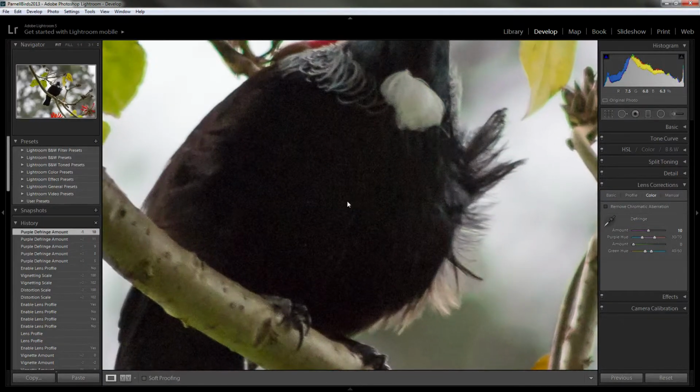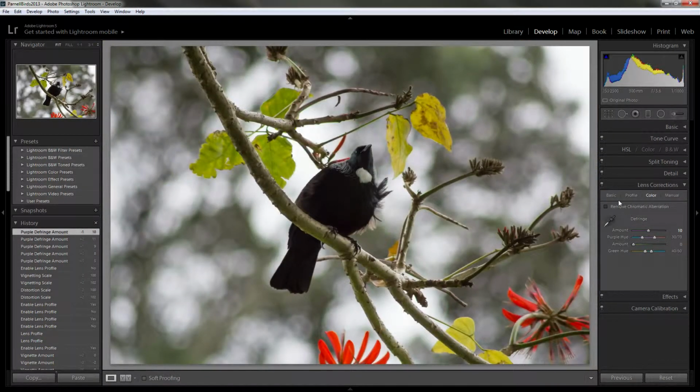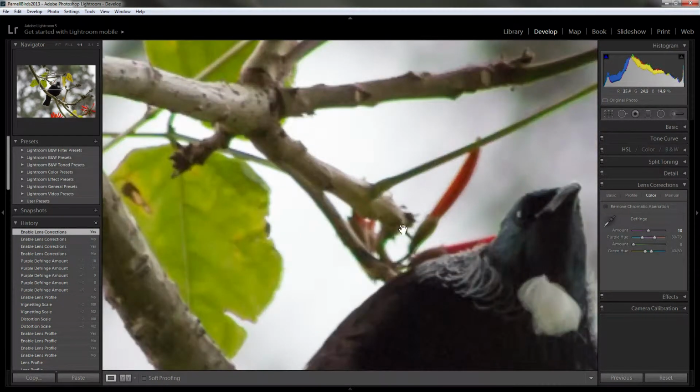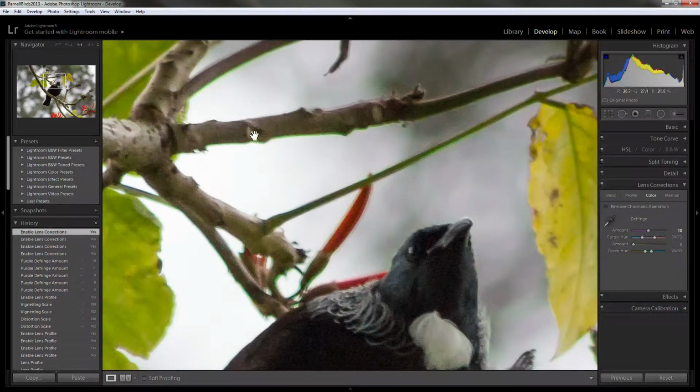And that's, sorry if I'm making you sick by doing that, that's making that look a bit better already, and we can just see the difference there by turning that off and on. Even down along these ones here we've got some, and that disappears quite nicely. So if we move into the green now, we can zoom in and we can find there's quite a bit through here. So if we increase the green,